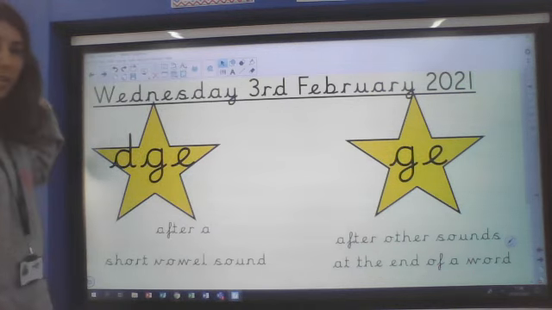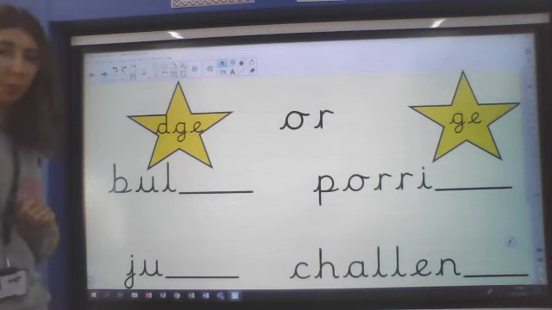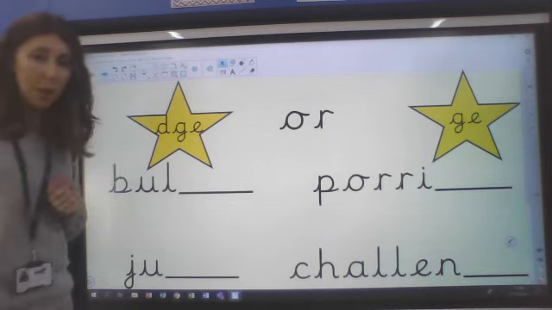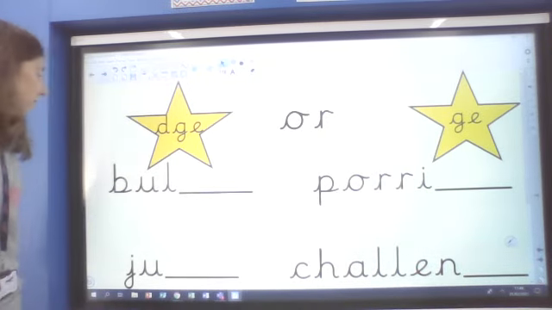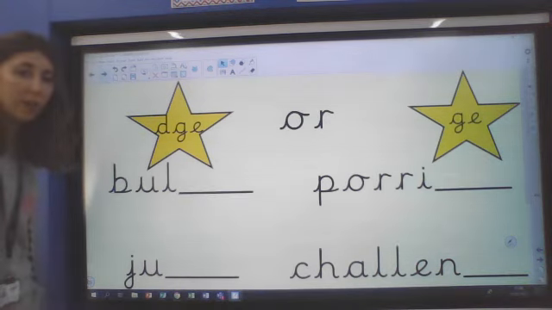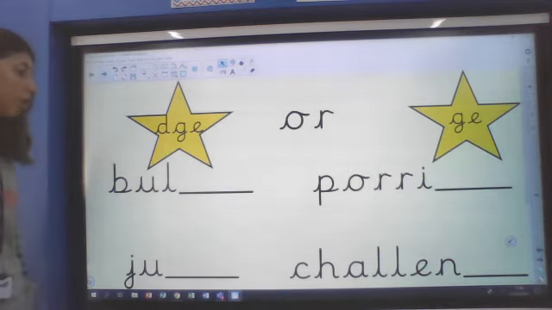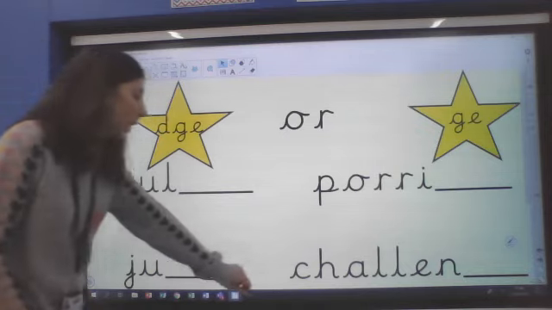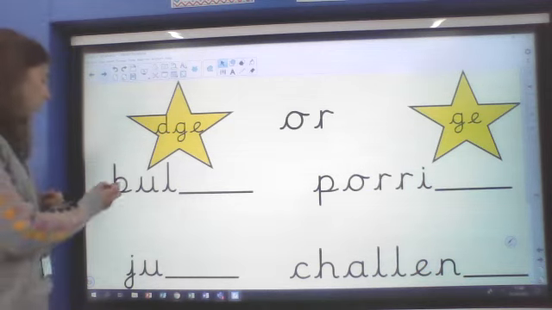So whiteboard's ready. I have got 4 words on my board with the J sound missing. I would like you to pause the video and see if you can write down the right spelling with the right J sound. So I've got the sound button, the word that we have got, and we know that the J sound is missing. So